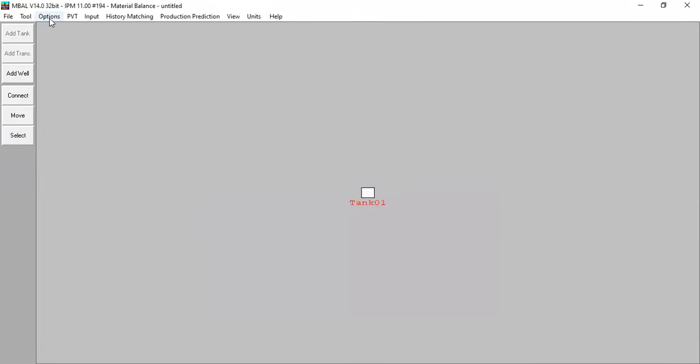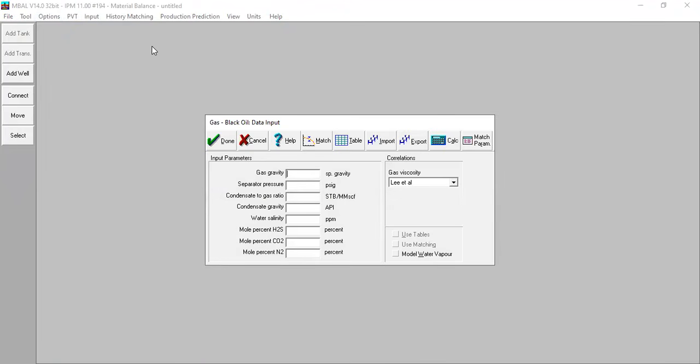So from Options, we will go to PVT, pressure, volume, temperature. Open, select Fluid Properties. You can follow me for gas gravity 0.7. Okay, this is the gas gravity. And for the separator pressure, for example, 0 psig at atmospheric condition, all right?